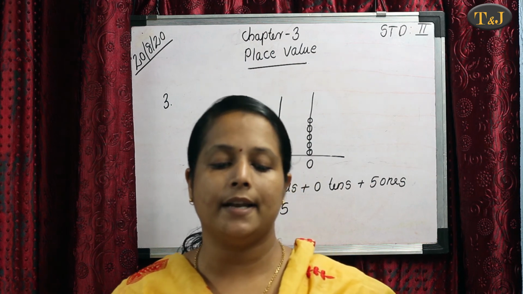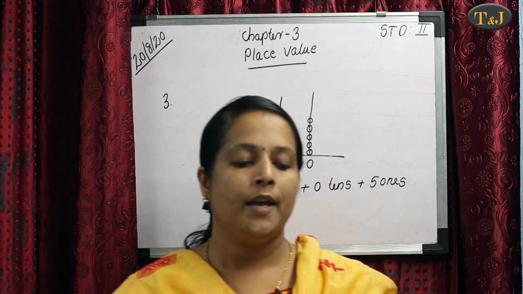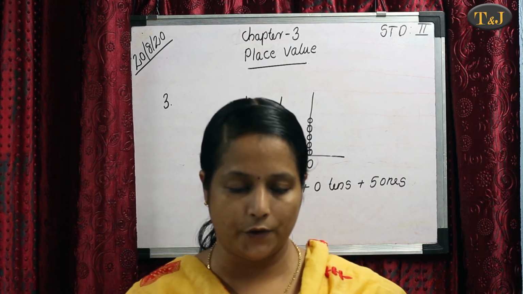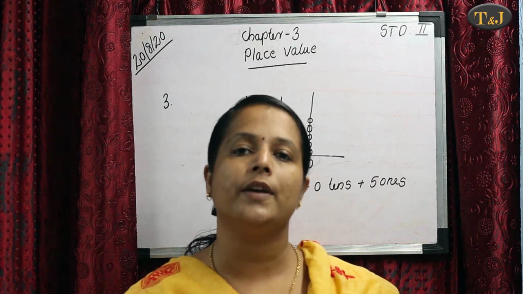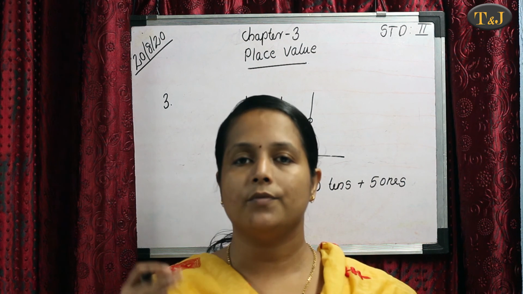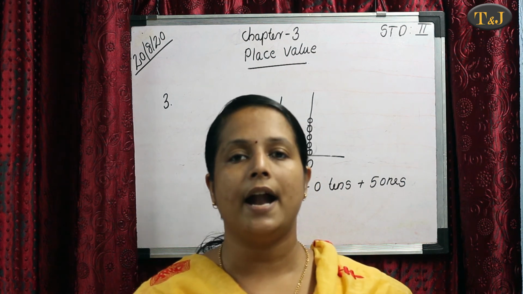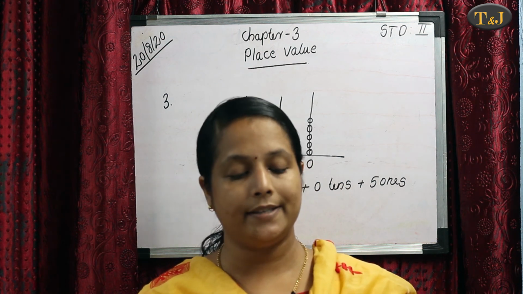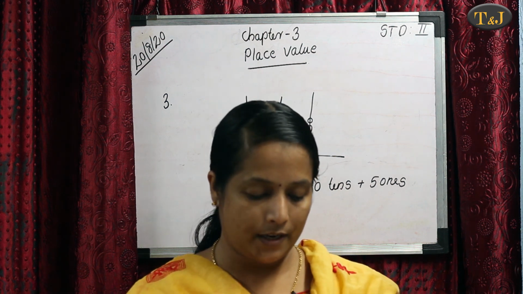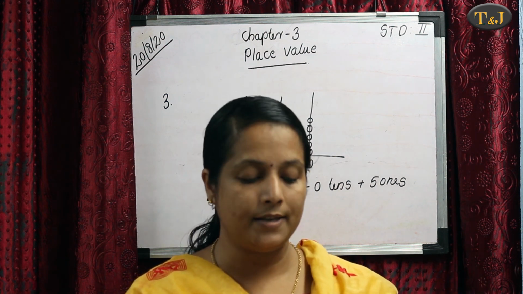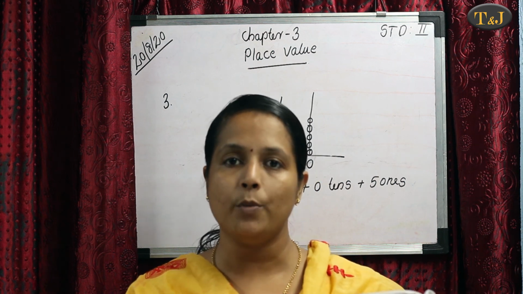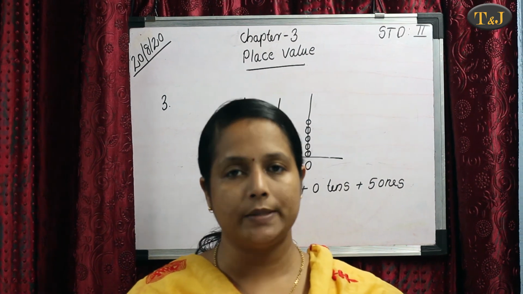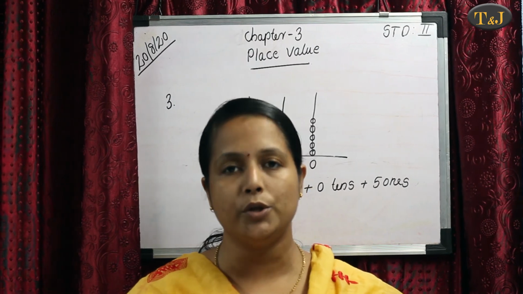Then fourth section, match the numbers in the abacus with their expanded form. In first problem, given the number is 765. First we identify the places of these digits. That is ones, tens, hundreds. 5 is in ones place. Then 6 is in tens place and 7 is in hundreds place. So 700 plus 6 tens plus 5 ones. So we have to match that number with its expanded form. All of you do these two section problems, that is 3.1 and 3.2 in your textbook.